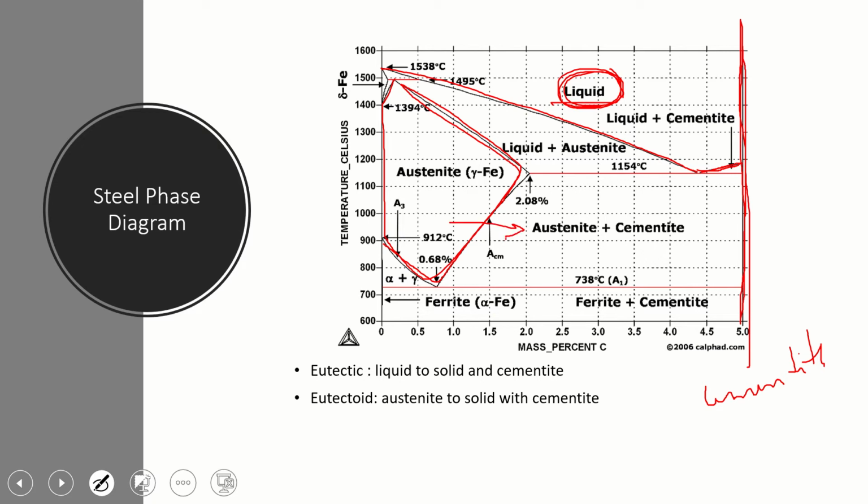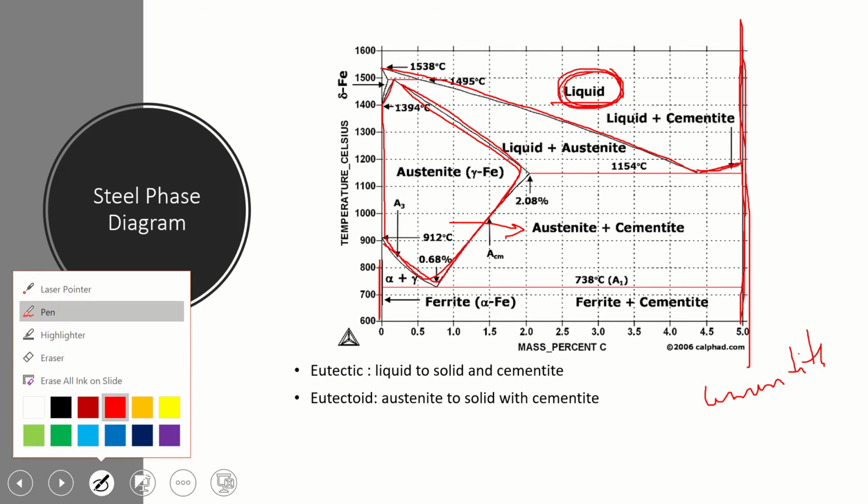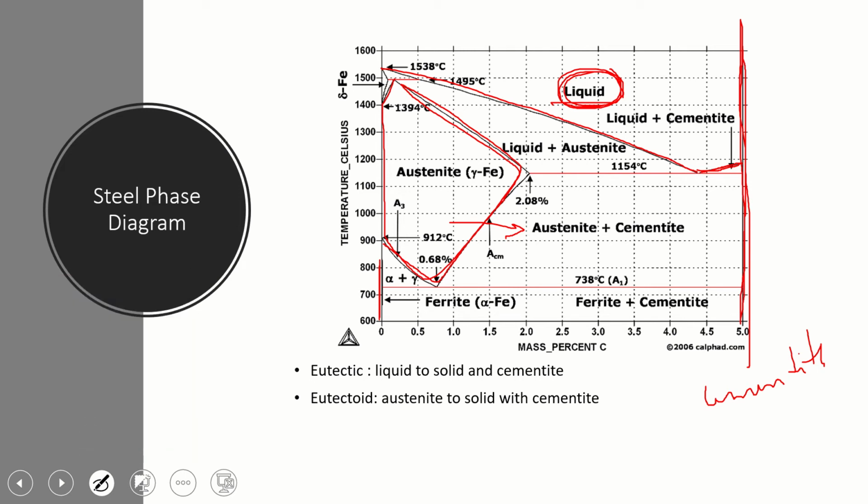As you add more carbon, you start getting austenite and cementite. But as you lower the temperature, you start getting ferrite and cementite. This line right here is ferrite. So as you can see, there is a huge difference between the steel phase diagram and the binary system diagram. In the video regarding the binary system diagram, we had mentioned that the